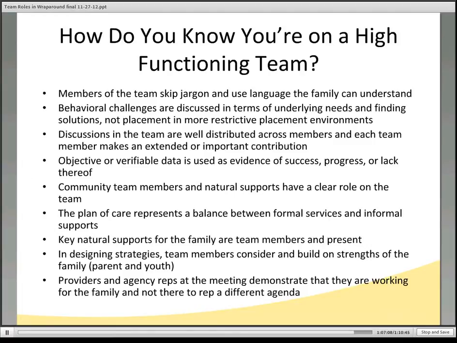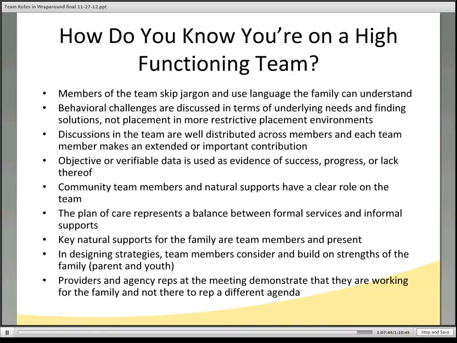Objective or verifiable data is really used as evidence of success, progress, or lack thereof. We can prove that what we're doing, that things are getting better. We monitor it all the time. A community team member and natural support really have a clear role on the team. They don't just show up and hang out and listen to all the stuff that goes on within a team. They're contributing, and they're taking on tasks, and they're making sure that they are fully involved and full-on